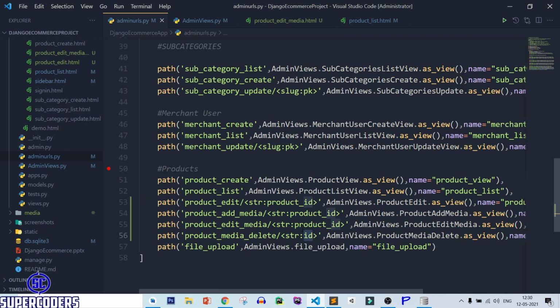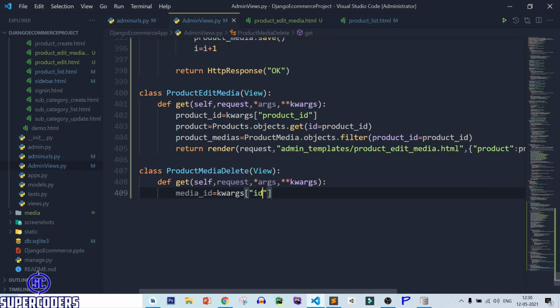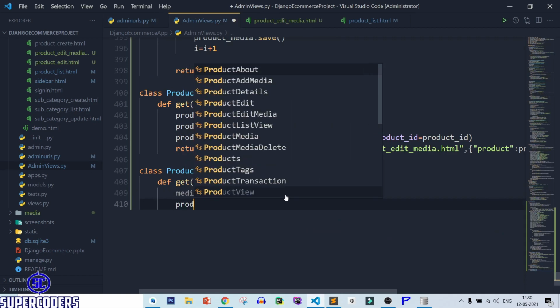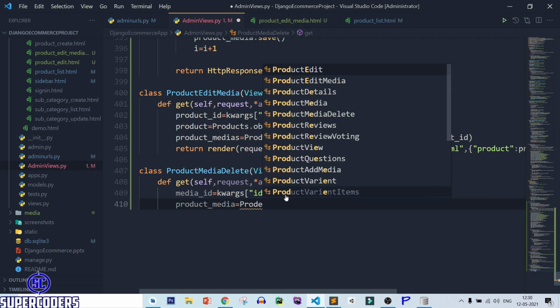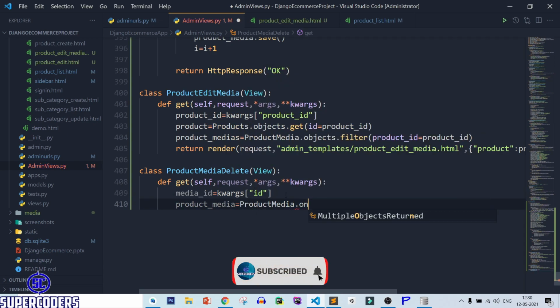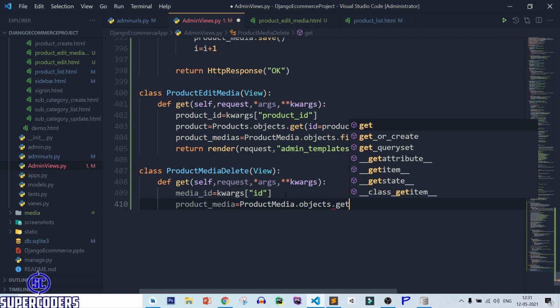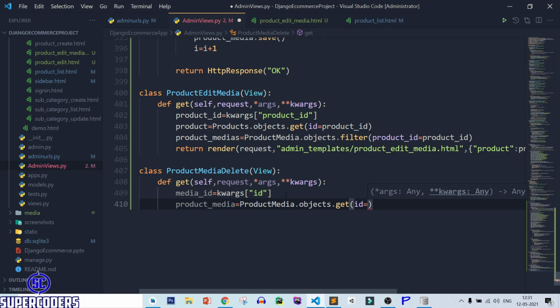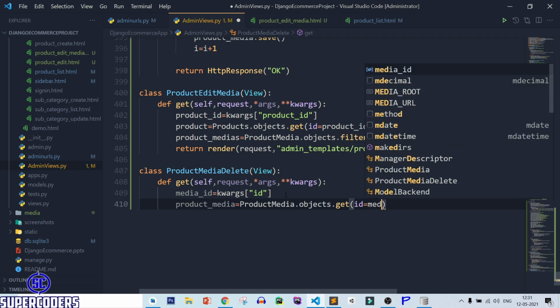Save this file and product media delete. After that, here id perfect. So simply product underscore media equal to product media dot objects dot get id equal to product or media underscore id.